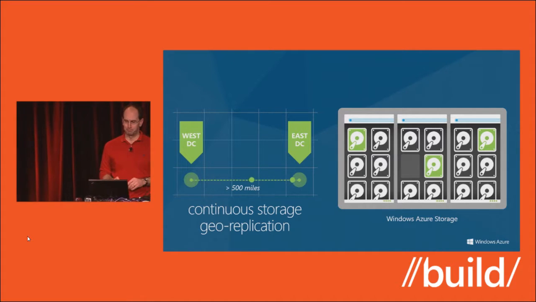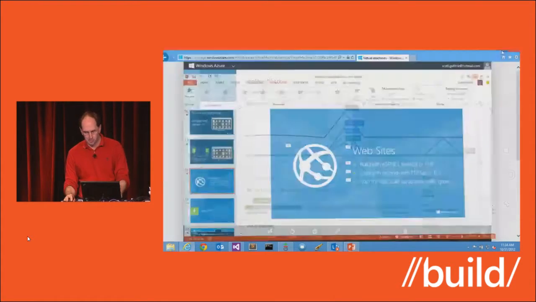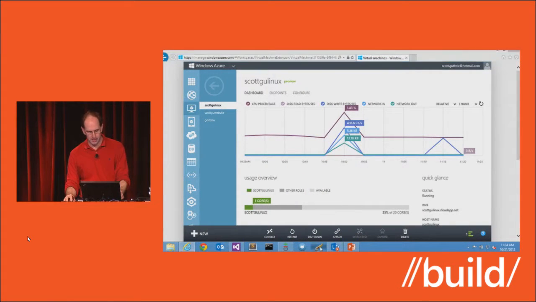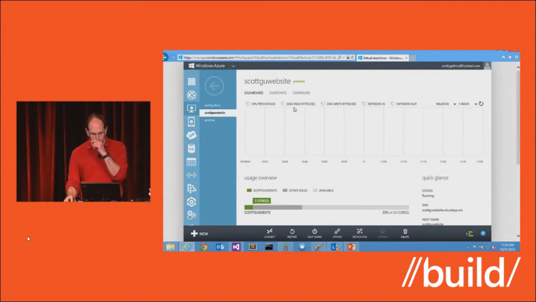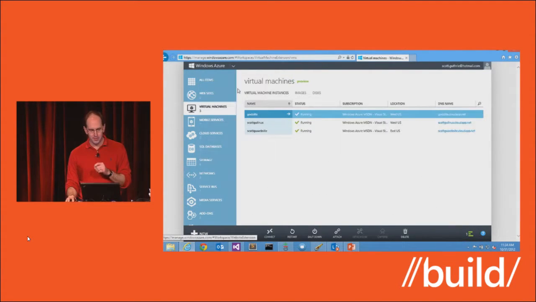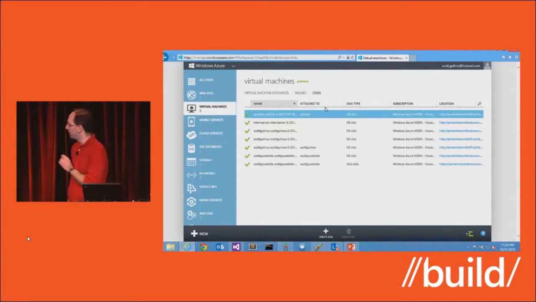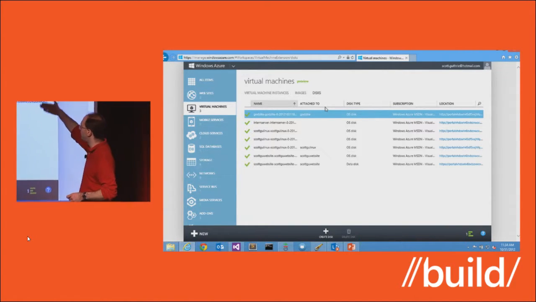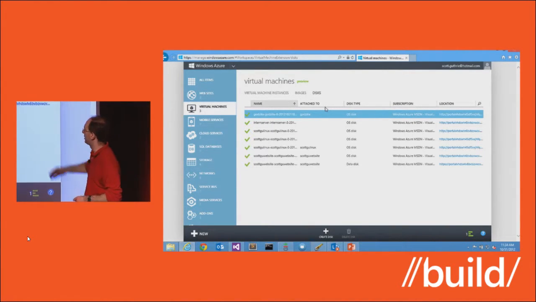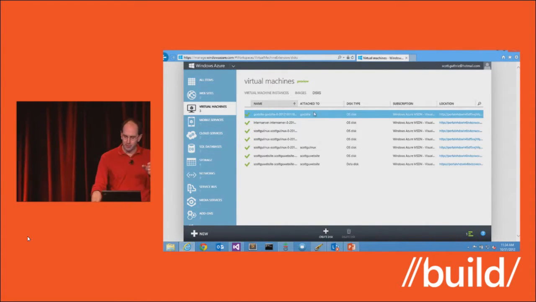And just to show off a little bit, one more little demo of how this works. Again, when I go into the portal for a particular app, one of the things you'll notice is there's an images folder and a disks folder. And the disks folder on your virtual machine shows me all those VHDs that are persisted right now within this particular storage account. So you can see them in the portal.